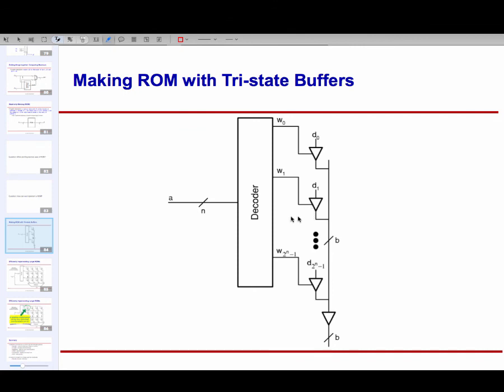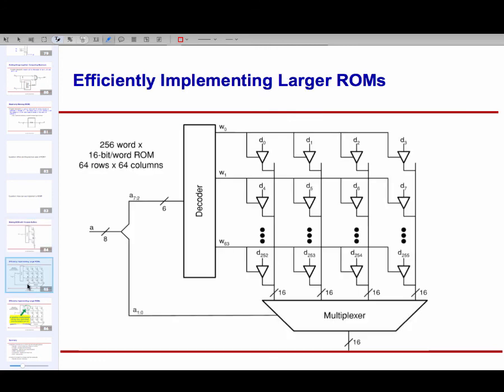Now, the main thing about ROMs and these kinds of memories is they are very regular in structure, so people can design them very carefully and make them very compact, as opposed to the normal gate approach. So you'll often find them being used. You can implement very large ROMs also. So for example, what I can also do is take some address bits and select, so I break up the decoding.